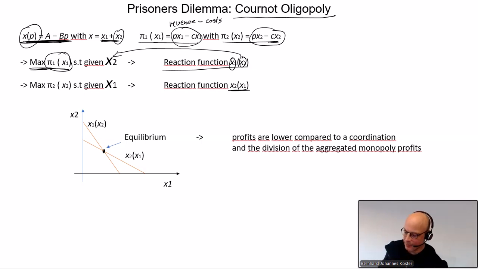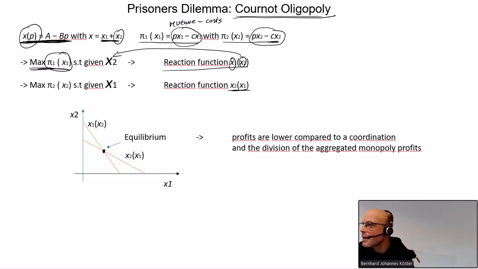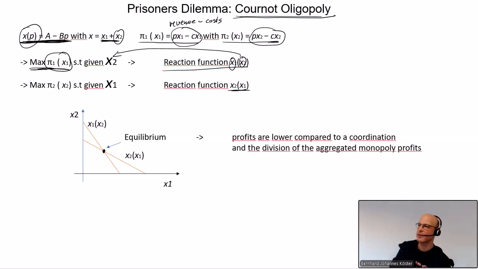And if you then calculate the individual profits, then you see that if these two firms compete with each other, their individual profits will be lower compared to the case that at the first step they coordinate,